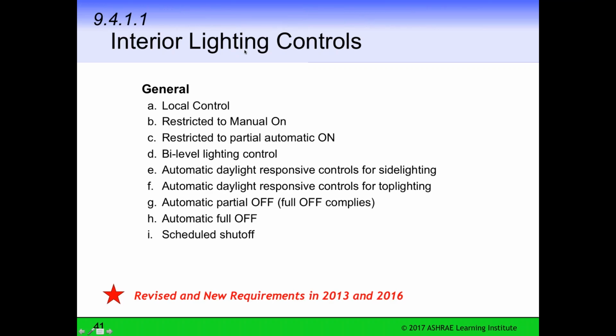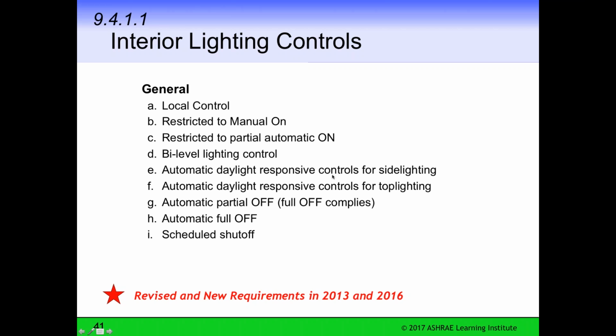So in terms of controls, there are 9 controls for interior lighting: local control, restricted to manual on, restricted to partial automatic on, bi-level lighting control. I'm going to talk about each of these in a follow-up slide, separate controls.